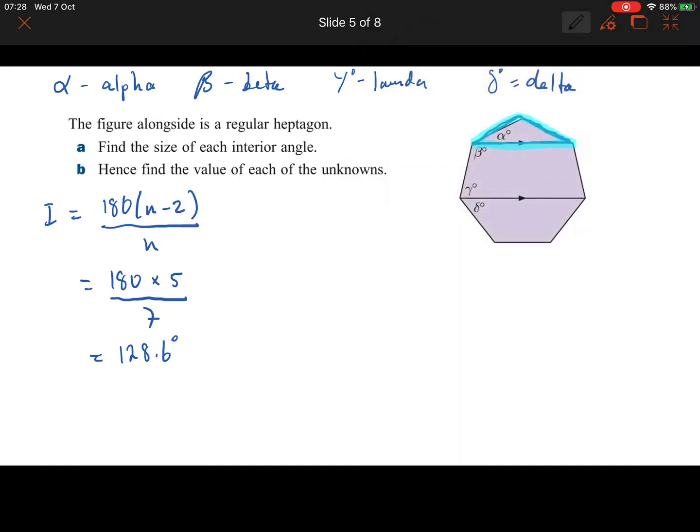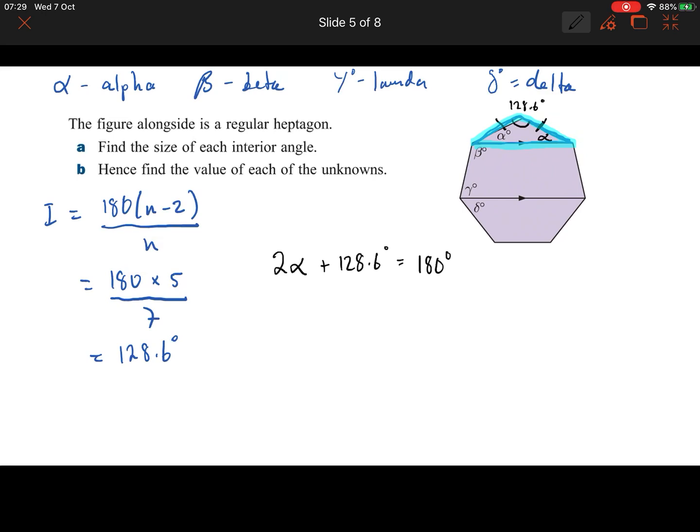Okay, because it's a regular polygon, what that means is this side is the same length as this side. So that means this angle is also alpha. And I already know what the interior angle is. It's 128.6 degrees. So I know 2 lots of alpha plus 128.6 degrees is equal to 180 degrees,